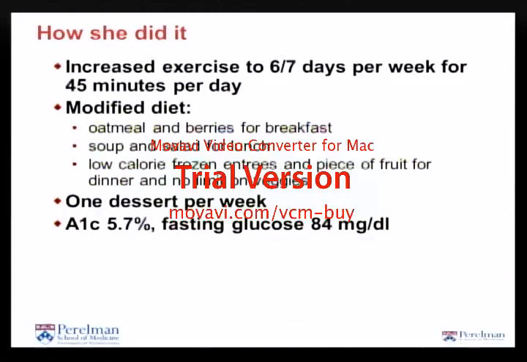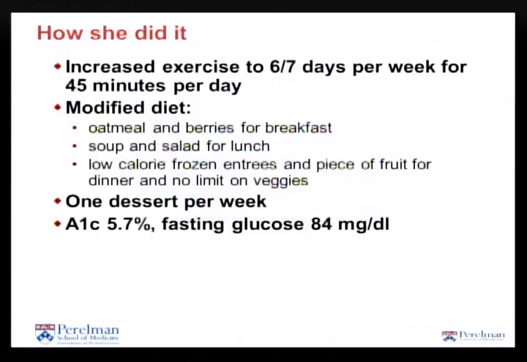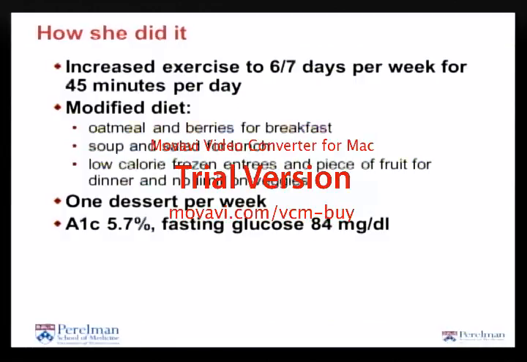Now she's not just doing the Bowflex, she's doing aerobic activity as well. She's modified her diet, so oatmeal and berries for breakfast now, soup and salad for lunch, low-calorie frozen entrees and a piece of fruit for dinner, and no limit on her veggies, right? Our fruits and veggies should be about 40% of our diet, right? One dessert per week. She's no longer going out to dinner every night with her husband, who, by the way,